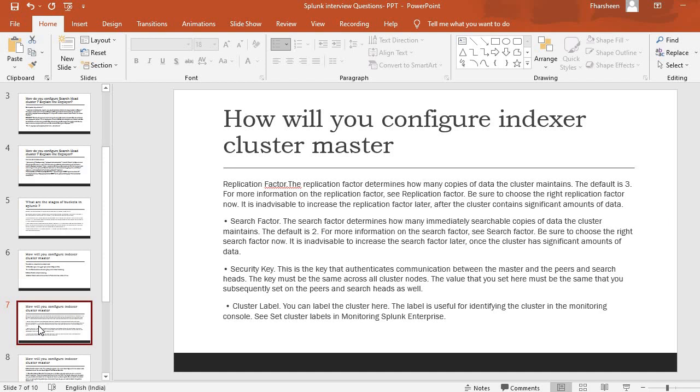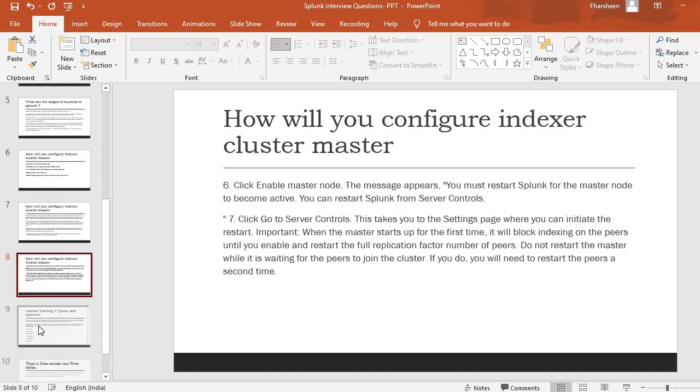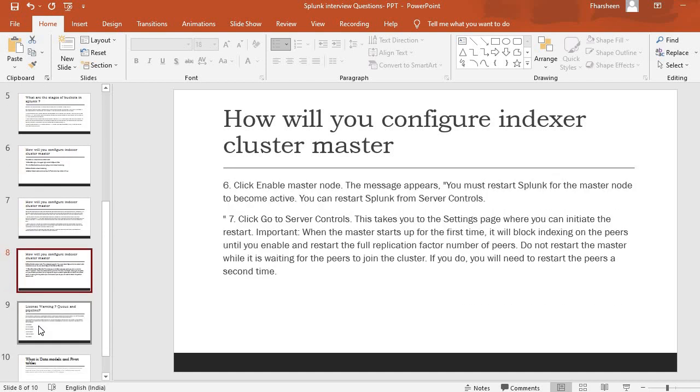Again you need to have a security key, a custom security key, then a cluster label, and you need to click Enable Master Node, and then finally you go to server controls. You follow this process while configuring the index clustering, and this will give you an answer for this interview question.